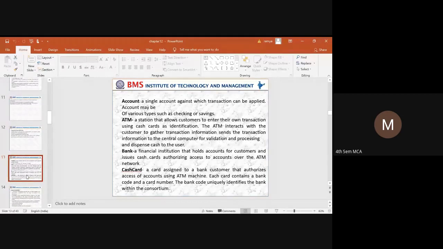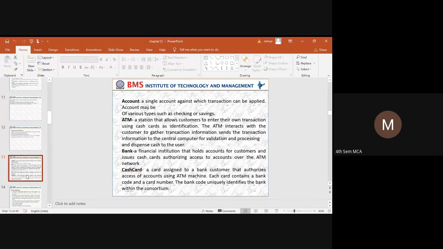Say, for example, if you are taking an account, a data account, so account, ATM, bank, cash card, cash, all these things belong to a particular ATM class. What do these words, or these model elements, describe? When you say an account, that account relates to the particular customer. A customer can have either a current account or a savings account, and he is going to perform a transaction based on the account that the customer has opened.